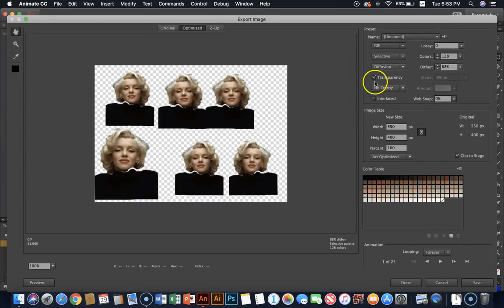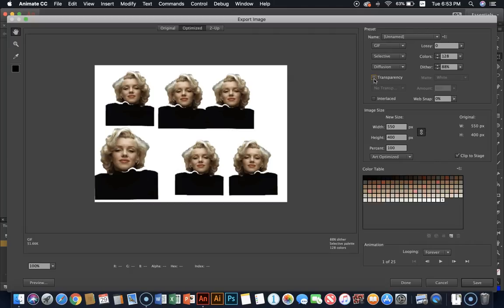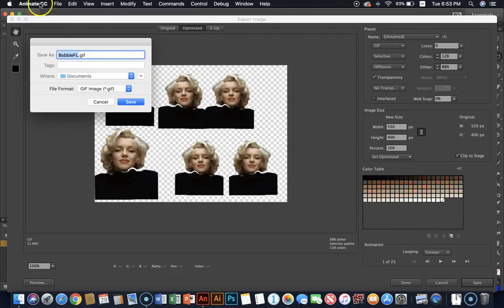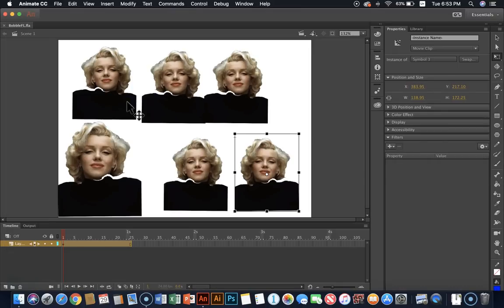And you decide if you want transparency or not, right? No transparency, white background. Transparency, no background, okay? And then click here to save it. And then click here, make sure it says BobbleFL. It's going to be a GIF. Click Save. And now you go to your animation page of Wix and put this there. Upload it to your animation page. All right? And label it